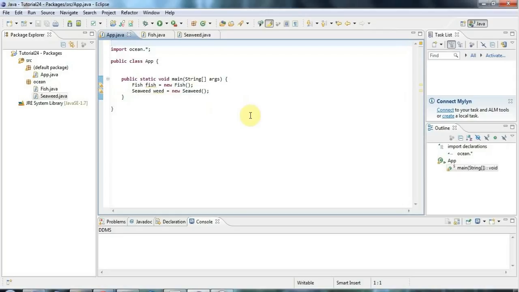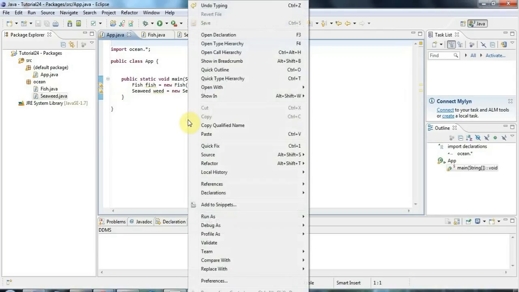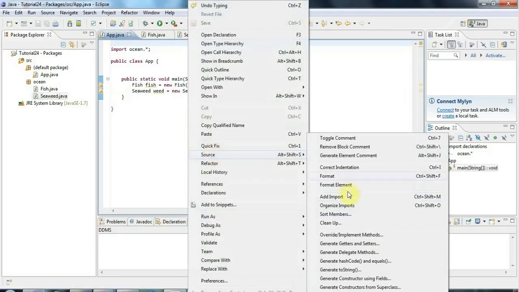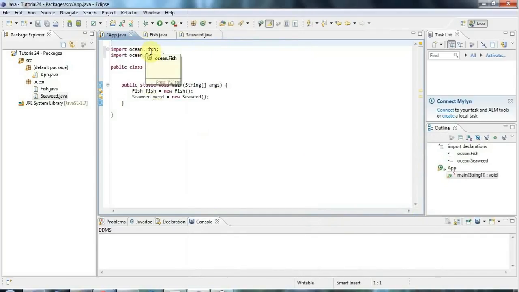I was going to say you never have to worry about typing import statements yourself, because you can use a shortcut and your IDE will handle it for you. So if you right click and go to source and go to organize imports, you can see the shortcut for that is Control Shift and O. Eclipse will automatically add any import statements that you need, and it will remove any that you don't need. So if I select that, you can see it's added all the imports that I need here,